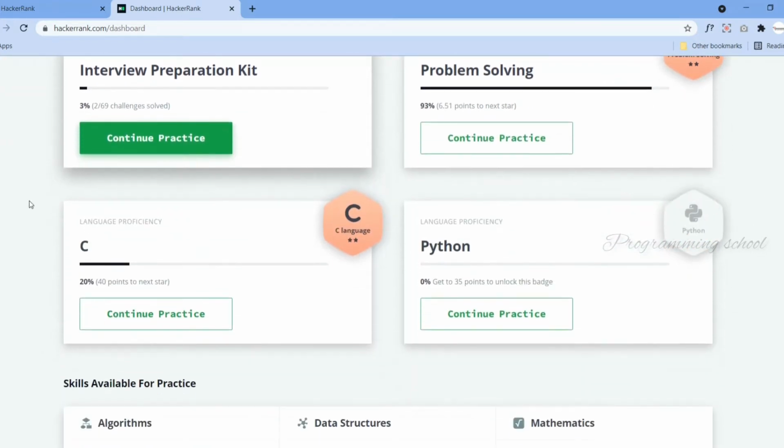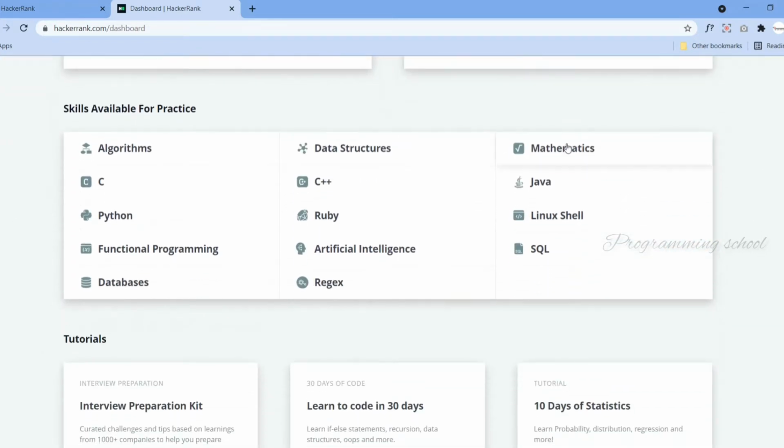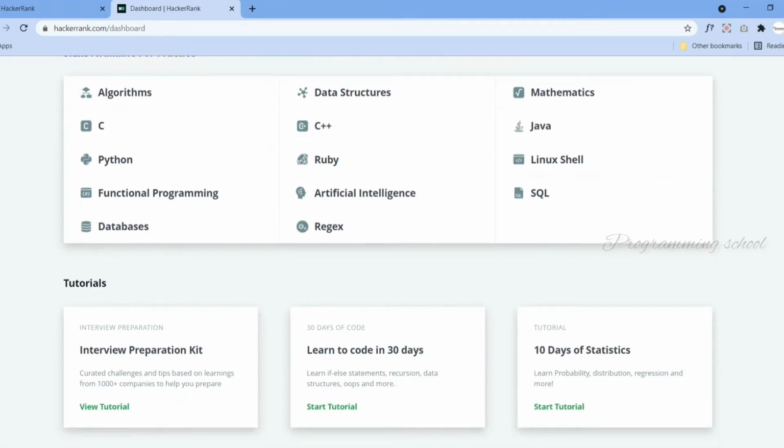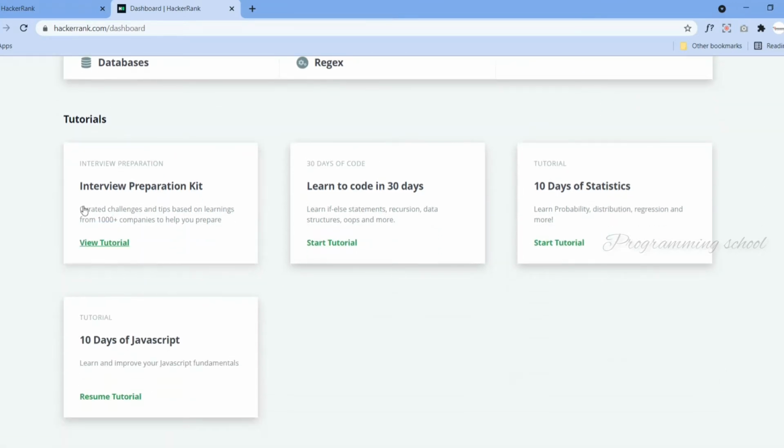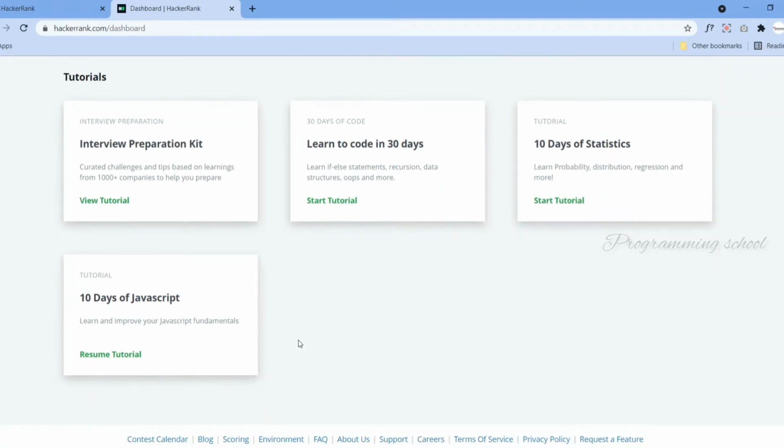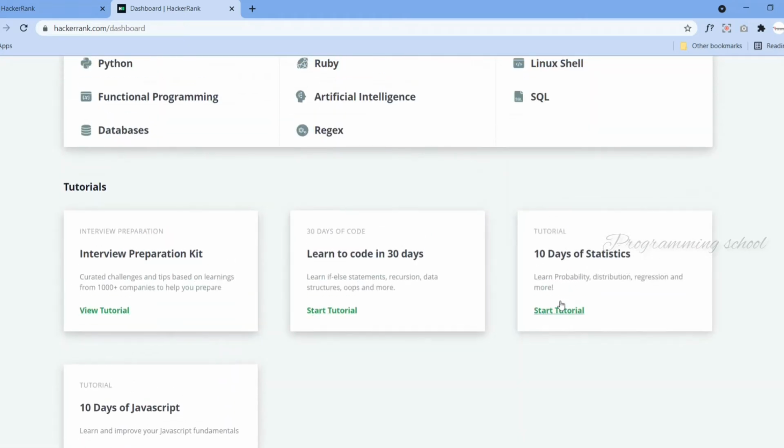If you observe here, all these skills are available for practice: algorithms, data structures, mathematics, C++, Java. And the tutorials are the interview preparation kit, learn to code in 30 days, 10 days of statistics, 10 days of JavaScript, and all these.